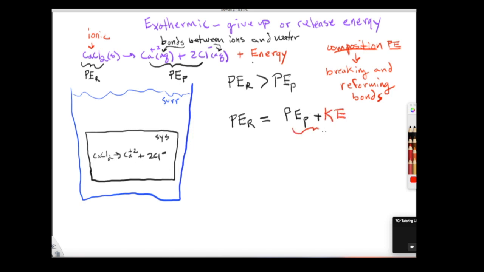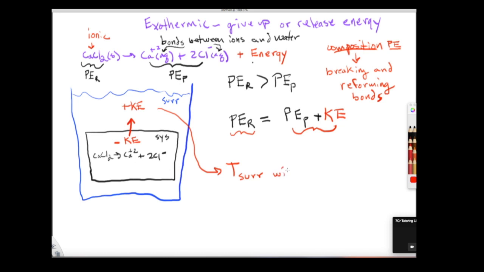So this sum total right here equals what we started with. Now, what's going to happen is that energy, which is in the form of kinetic energy, when it's released from the reaction, enters the surroundings. All right, and when it enters the surroundings,